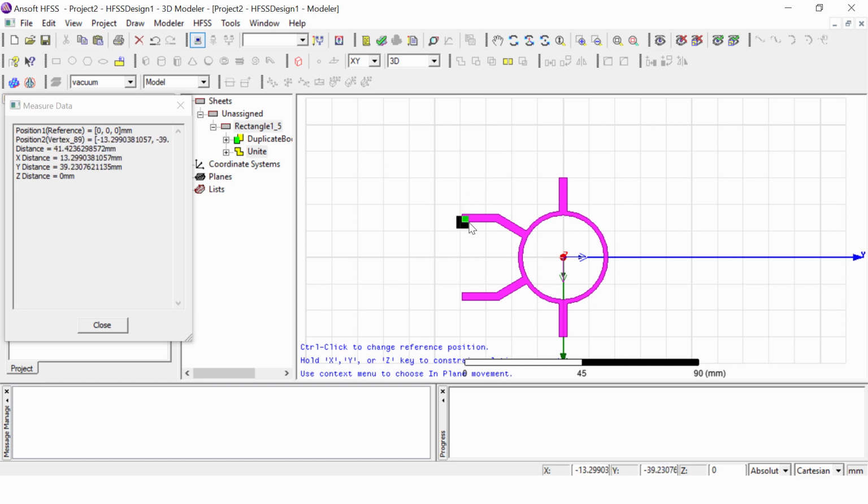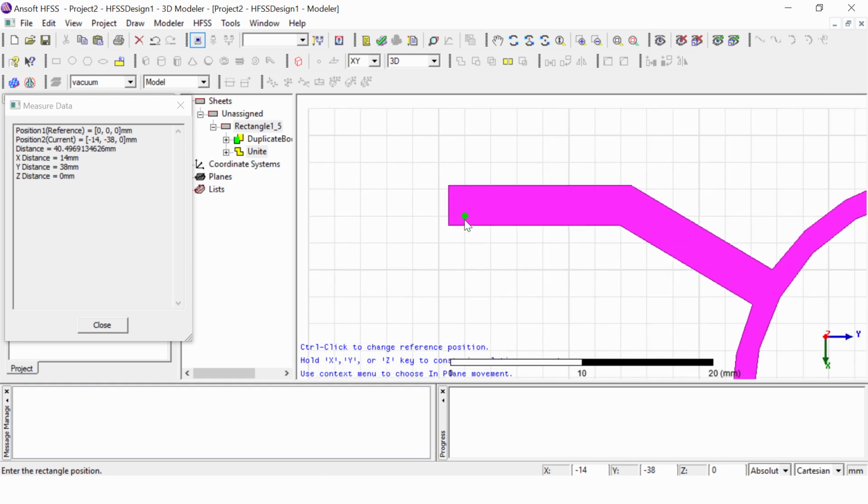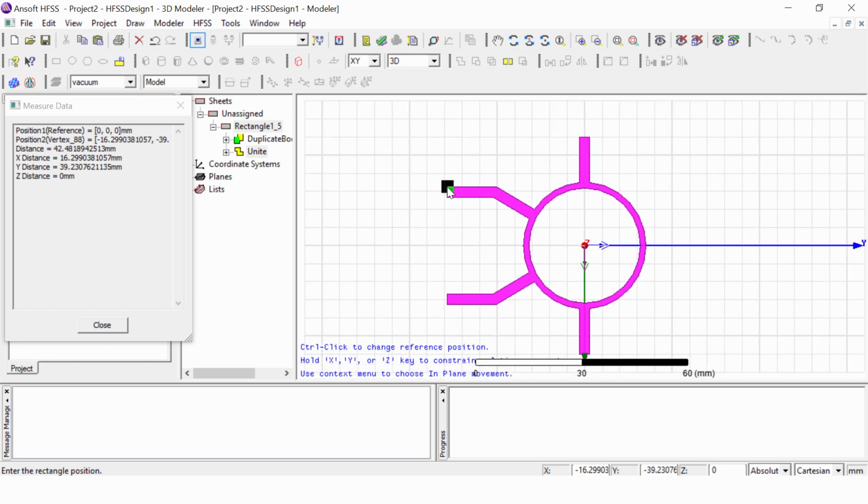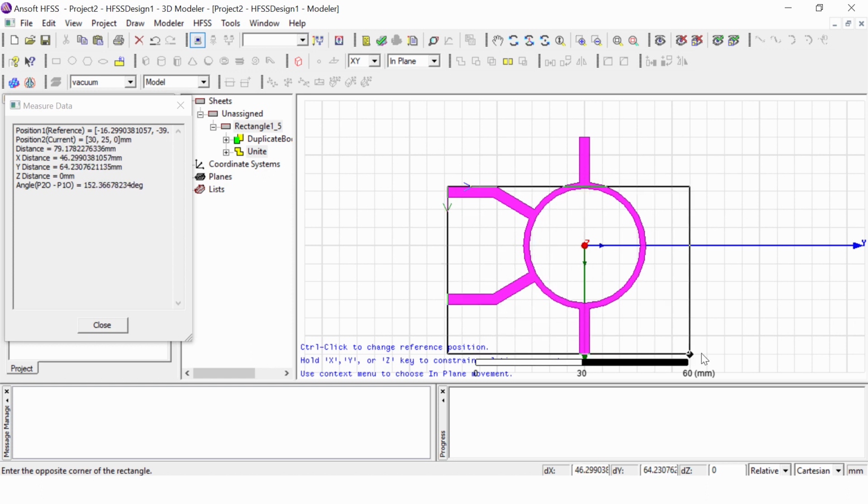So to check the dimension of the starting point, we can go to this point. So this is the dimension we can see here, and from here we will start drawing so that this rectangle will be in the same position, and we'll click here.